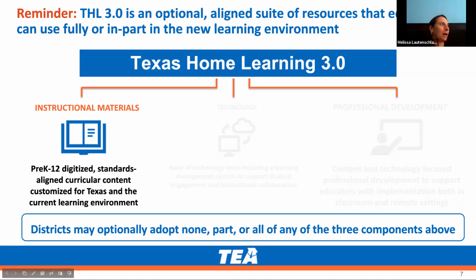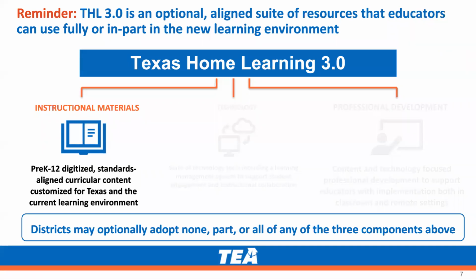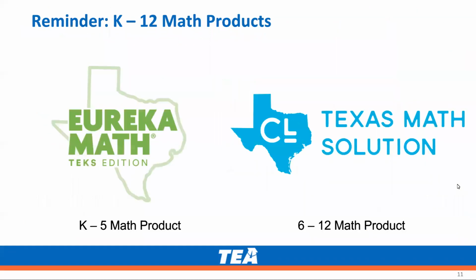Thank you, Andrew. I'm going to go ahead and get started for today and talk about what's released, and people are excited to see this. So let's get started looking at our materials. We're going to just quickly review that we do have 2 different math products. For K-5, we have Eureka Math TEKS Edition under the publisher Great Minds. And so we'll be talking about that first. And then we have a 6-12 math product, which is Carnegie Learning Texas Math Solutions.